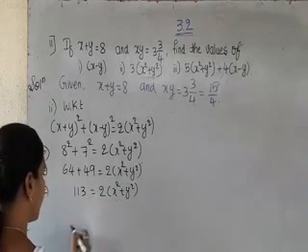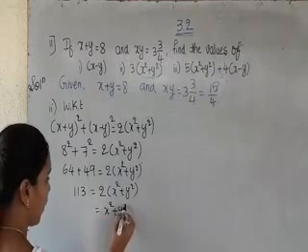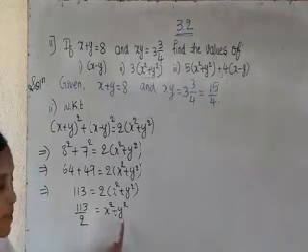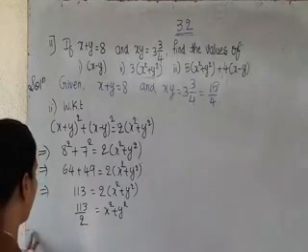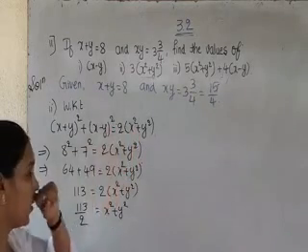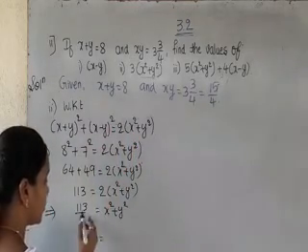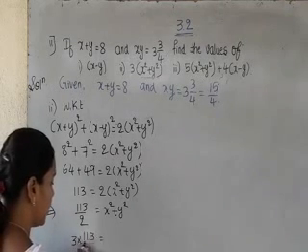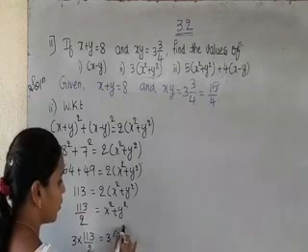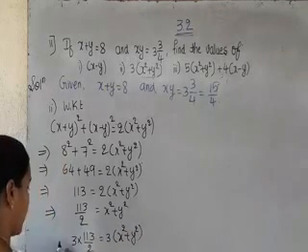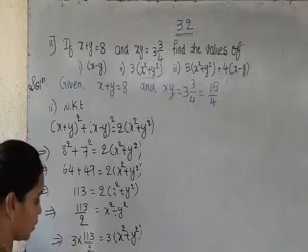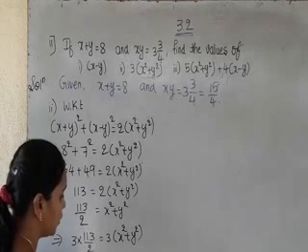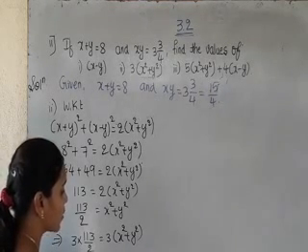So 2 times (x square plus y square) is 64 plus 49, 113. We have to find just x square plus y square. So 113 divided by 2. The value of x square plus y square is 113 divided by 2. We have to find 3 times (x square plus y square). So for this we have to multiply by 3. That is 3 into 113 by 2. Then we will get the value of 3 times (x square plus y square). By multiplying this, we will get 339 divided by 2. This is the value of 3 times (x square plus y square).